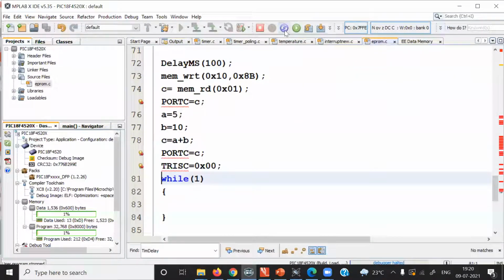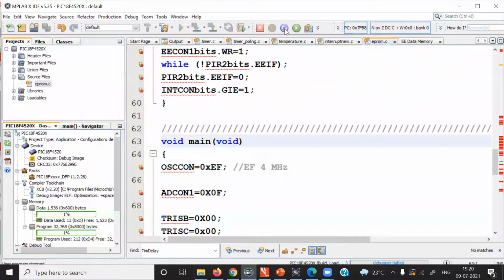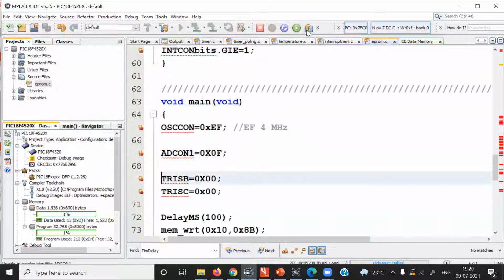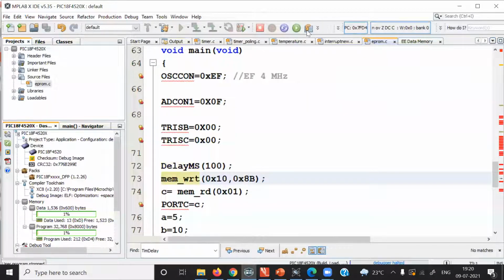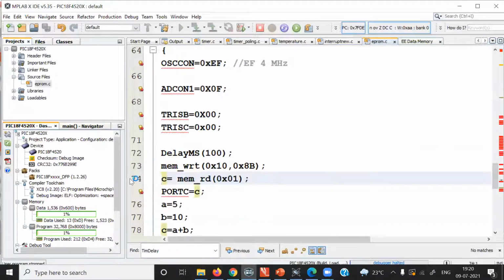Now once again I am doing single stepping here. The program is executed up to line number 73. At line number 73, we have called the memory write function.